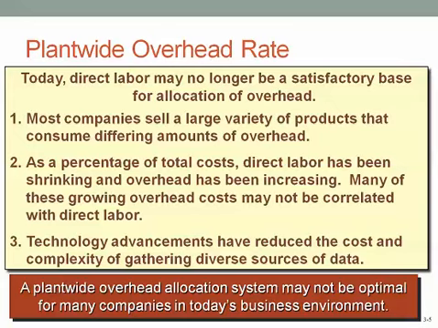And so for these three reasons, a plant-wide predetermined overhead rate might not be the optimal way for companies to assign overhead to products. We're going to look at two different systems for allocating our overhead to products. First, we're going to consider departmental-wide or departmental allocation schemes, and then we'll finally look at, which is the primary topic of this chapter, activity-based